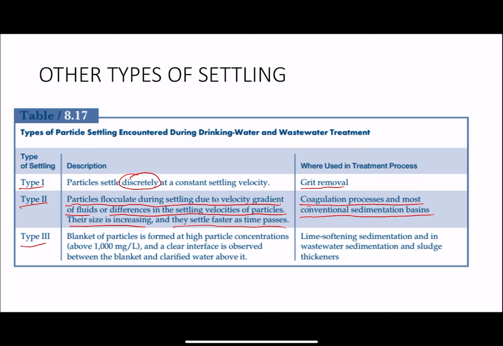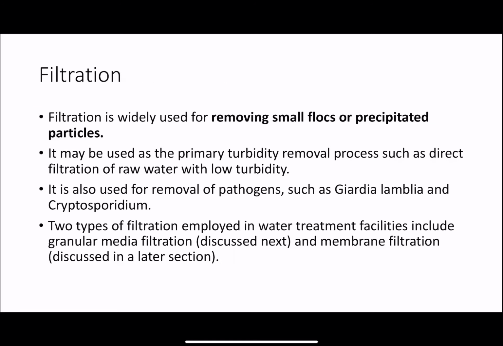Type 3 is the third settling type. Blankets of particles come together into a pile, formed at high particle concentrations above 1000 milligram per liter. And of course, a clear interface is observed between the blanket and the clarified water above it. That happens with lime softening sedimentation, in wastewater sedimentation, and in sludge thickeners. We will do filtration in the next